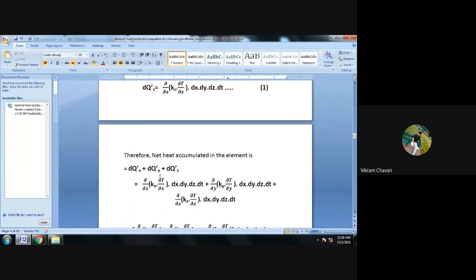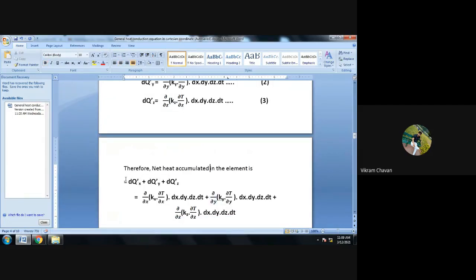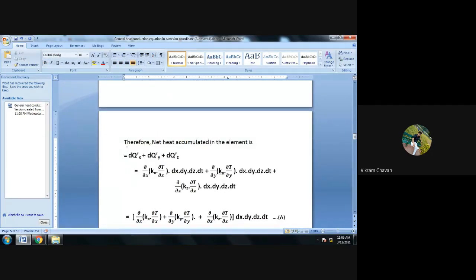Okay, so we have done the addition. Addition of these three equations, equation number 1, equation number 2, and equation number 3. We reach up to this particular point. We have added the three equations, 1, 2, 3, and we will get this equation. Everybody has written this equation up till now? Is there any problem, any question, any doubt? Okay, so further we have done the addition.